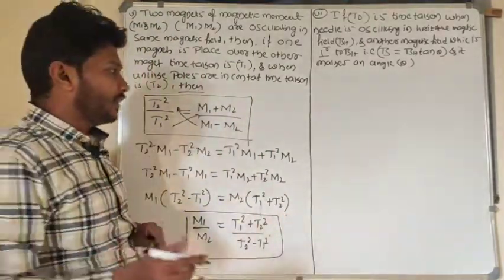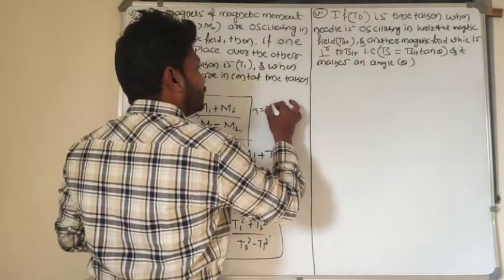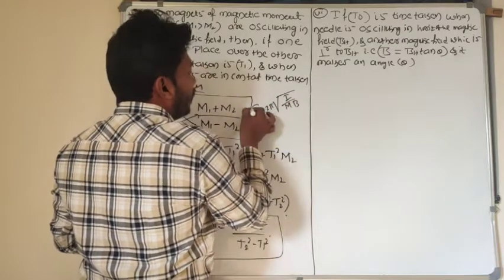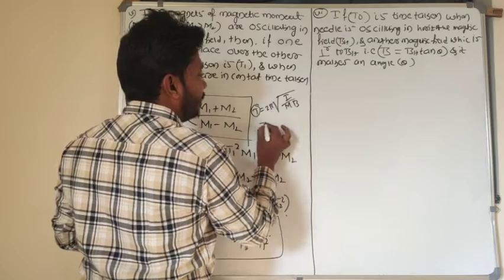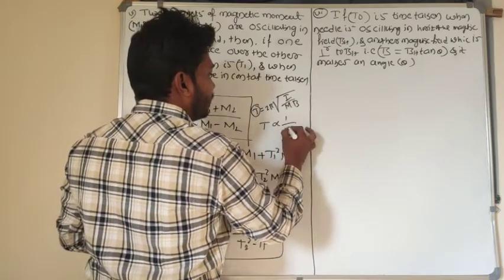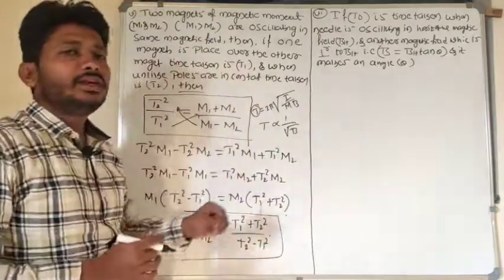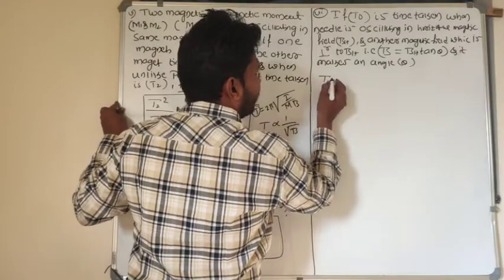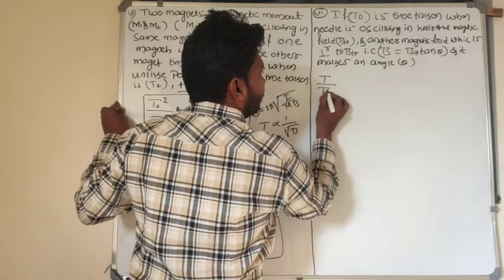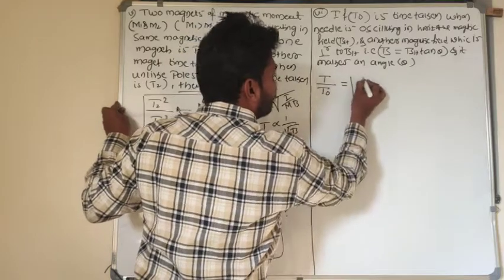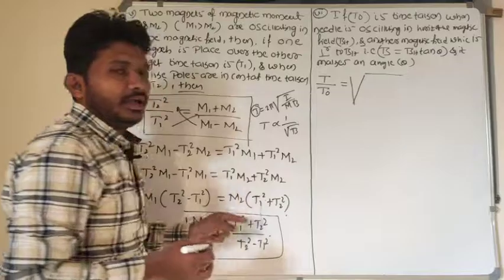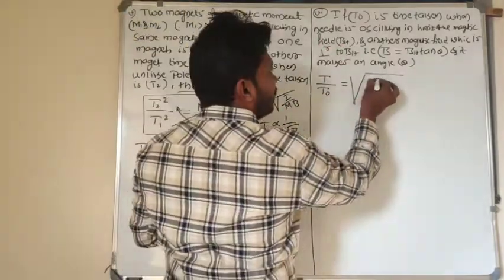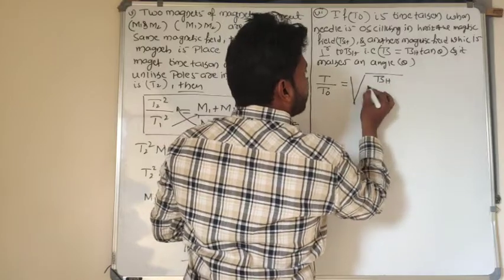Then time period I can find out here. Look at here, T which is equal to 2 pi into square root of I divided by m into B. What is the relation between time period and magnetic field here? Inversely proportional to square root of the magnetic field here, right. Then I can take that final time taken divided by initial, square root of. If initial time taken is T naught, which magnetic field is present? Horizontal magnetic field is present.